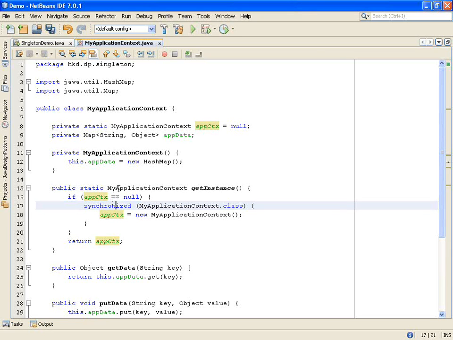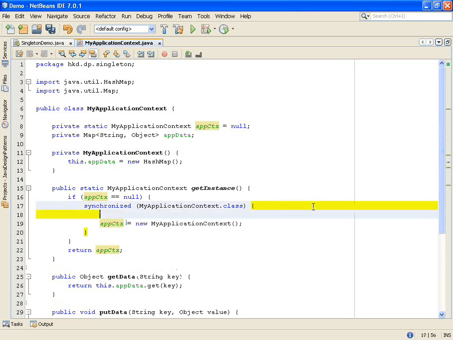Why? If 2 or 3 or more threads enter simultaneously, all will find it null initially. So all threads will wait over here. Only one thread will be given access inside the synchronized block, and it will create the instance. When that particular thread moves outside of the synchronized block and another thread is given access to the synchronized block, it will again create a new instance. So we have to check twice over here. So I have to give another condition over here.